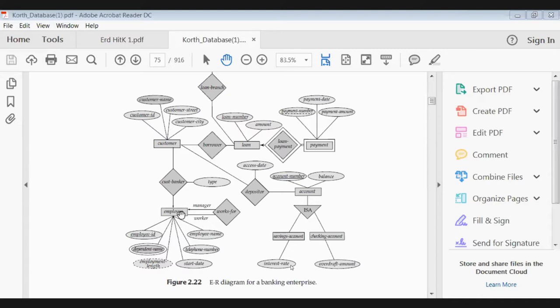Here, why is it one? Because a manager manages many employees, but an employee is managed by only a single manager.